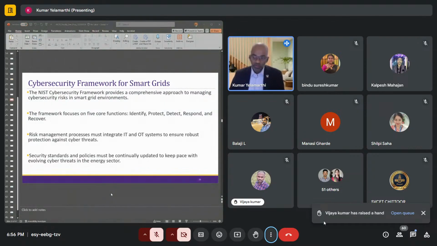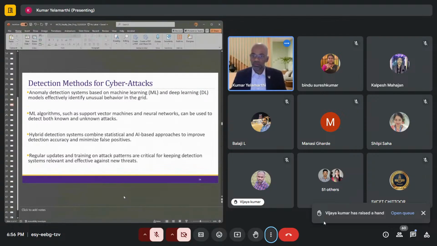So the point is, you have to come up with a framework where you can detect the threats, protect against them, and respond. Sometimes the response is like cutting off the grid from the problem. But how do you recover? Sometimes response and recovery takes months of time, which you cannot afford at certain times. You have to come up with mechanisms to recover quickly. So the rest is okay.